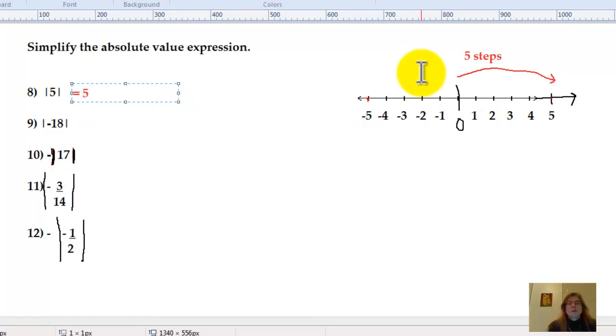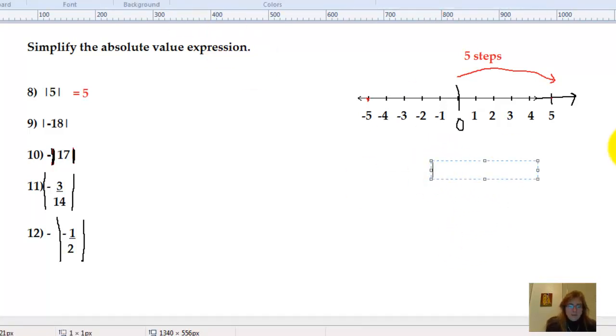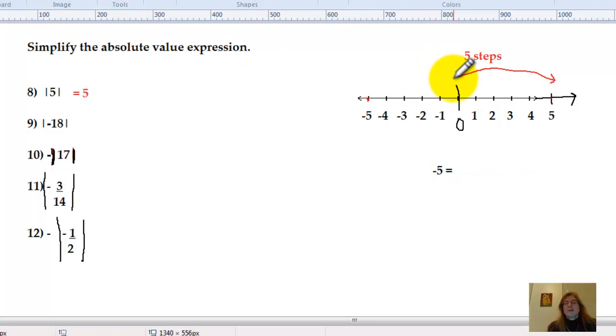Now, if you were asked what is the absolute value of -5, it is 5 steps still away from 0. You're still doing 1, 2, 3, 4, 5. So